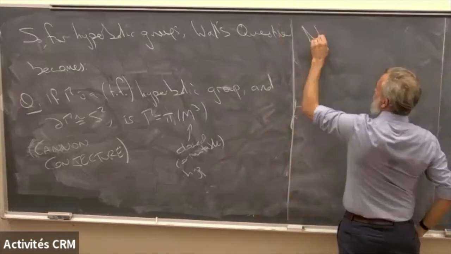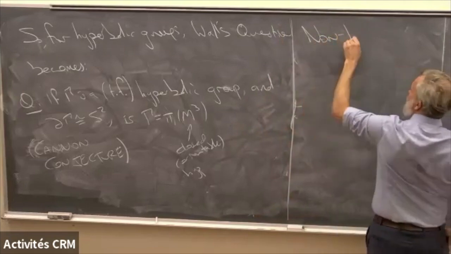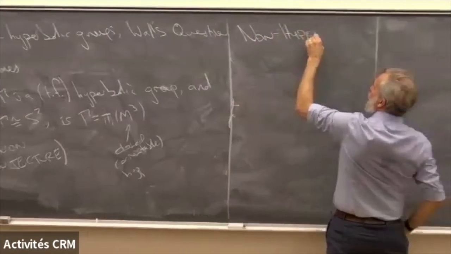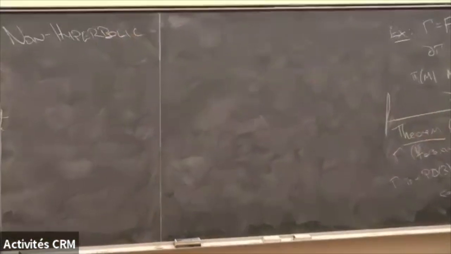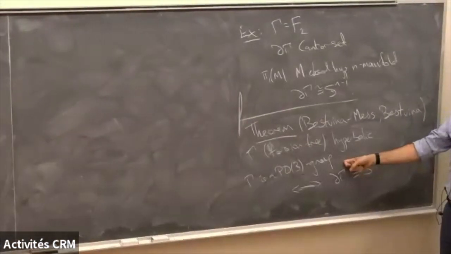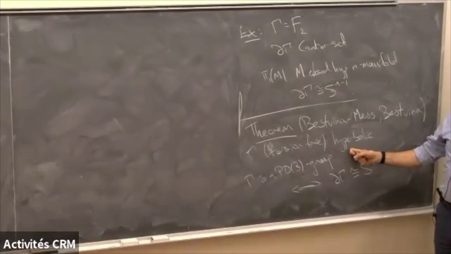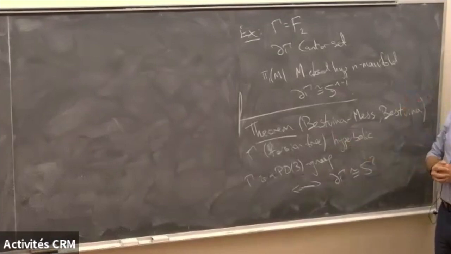But I want to focus for most of the rest of today, maybe all of the rest of today. I'm not going to explain why this is true, by the way, but I'll say 30 seconds about it in words. Associated to a hyperbolic group is a thing called the Rips complex, which you act on, and it's locally finite, and it's a cell complex. If you're torsion free, you act freely and co-compactly on it. So that's a K(Γ,1).